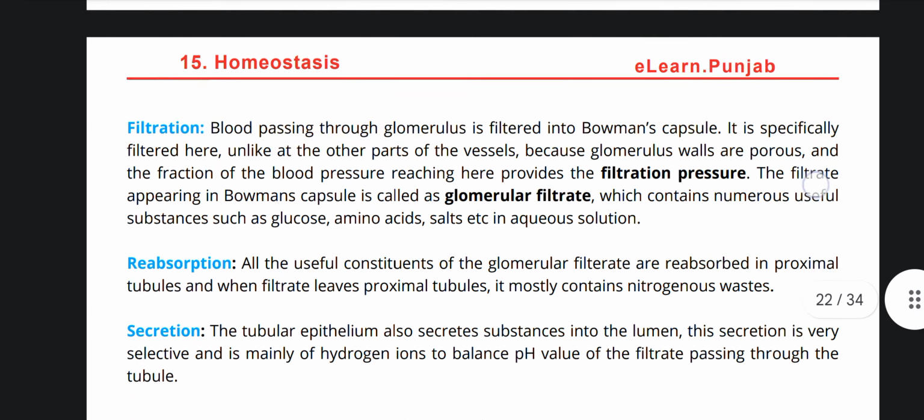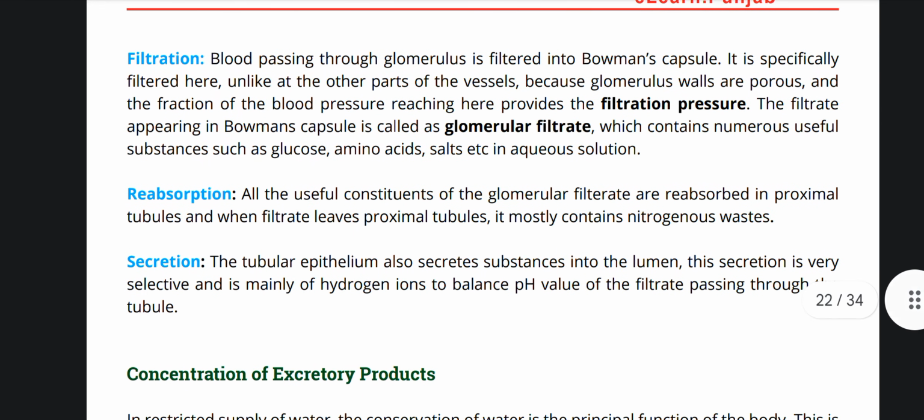Filtration: the blood passing through the glomerulus is filtered in the Bowman's capsule. It is specifically filtered here, unlike at the other parts of the vessels, because the glomerulus walls are porous, and the fraction of the blood pressure reaching here provides a filtration pressure. The filtrate appearing in the Bowman's capsule is called the glomerular filtrate, which contains numerous useful substances like glucose, amino acids, salts,